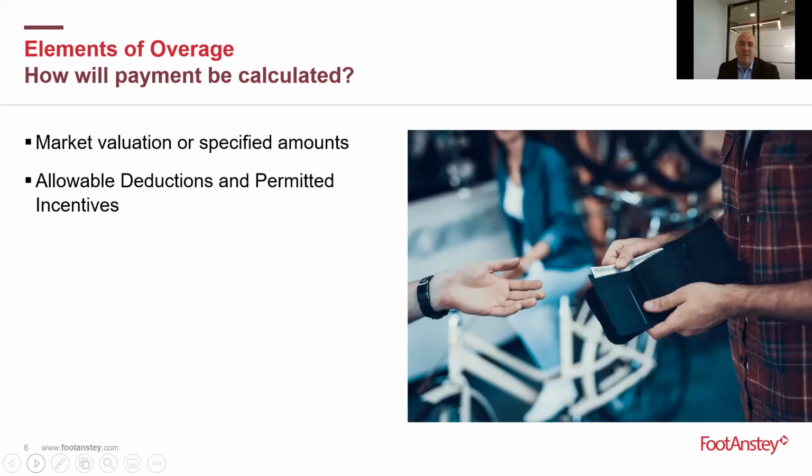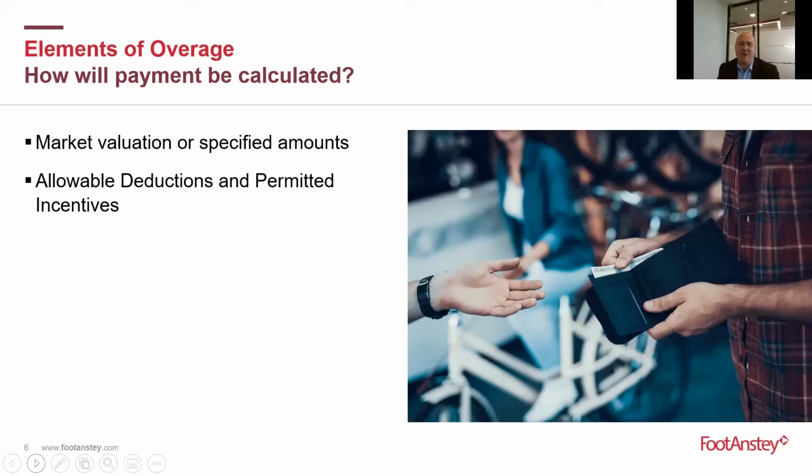And an example of a permitted incentive is where, say, on a sales overage, you're selling a unit, the headline sale price is £300,000, for example, but the developer has offered incentives to plot purchasers, such as they will pay the stamp duty or they will provide additional white goods. And those kind of permitted incentives, those inducements, should then be reflected in the formula for calculating overage.